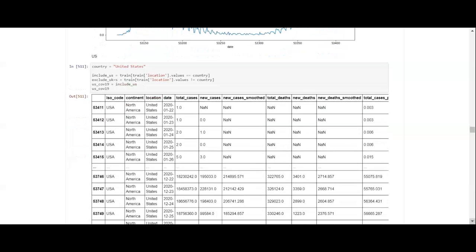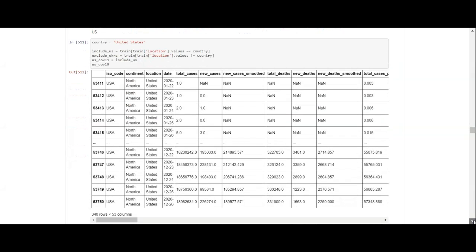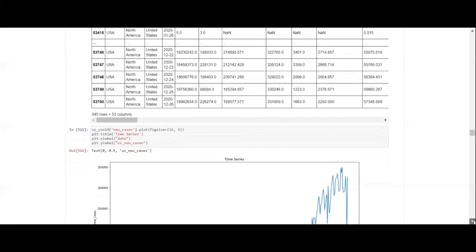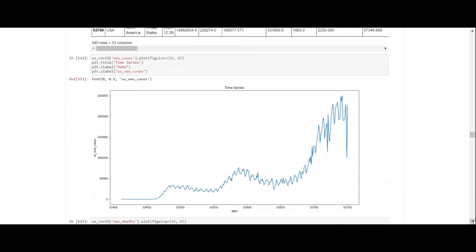So now we want to look at the United States, because I wanted to compare the UK and the US. And so here's the United States data frame. It's a slice of the main data frame that you can see. And now we have a graph of the new cases in the US.